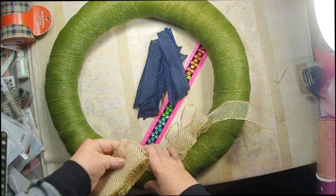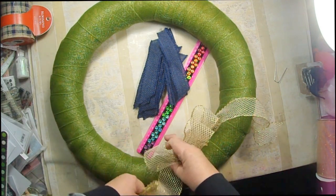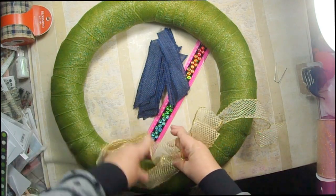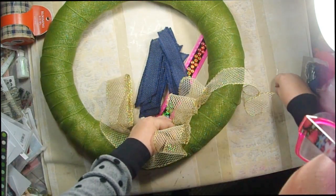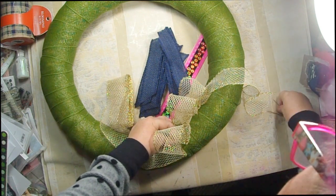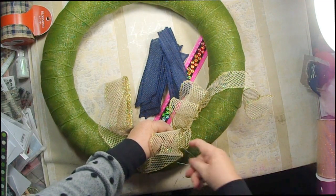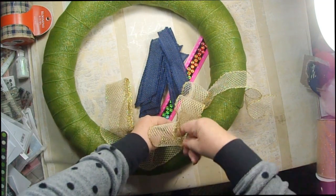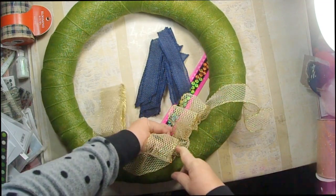At this point, I'm a little concerned about the look of a cast. Hoping that once I add everything else to it, it looks like something that's not somebody's cast on their leg. And I'm going to put one right here. I'm going to kind of go across the top. It started down at the side, now I'm going to go across the top with these so that I have